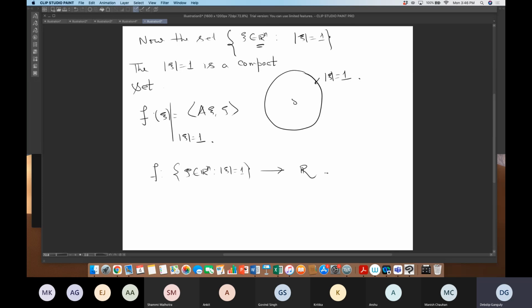So what can I say about the function f? f is a continuous function on a compact set, so it's bounded. What does this imply? There exist positive constants m and capital M such that